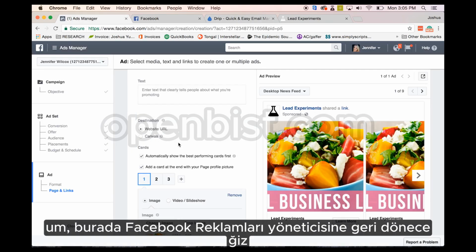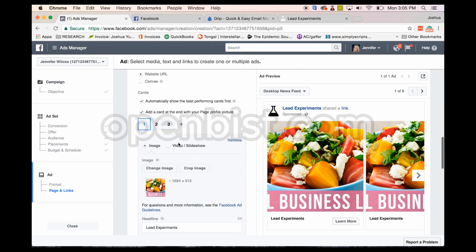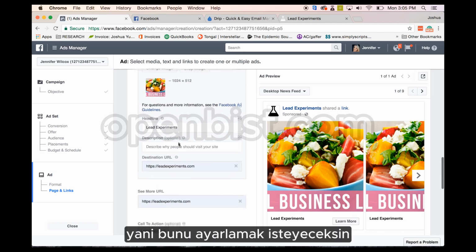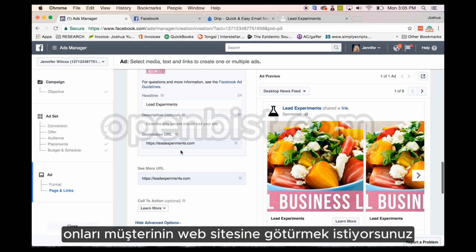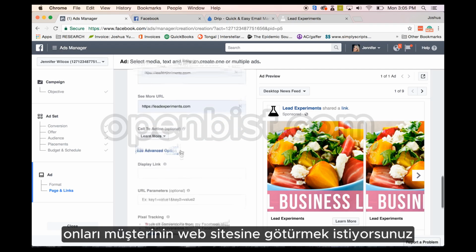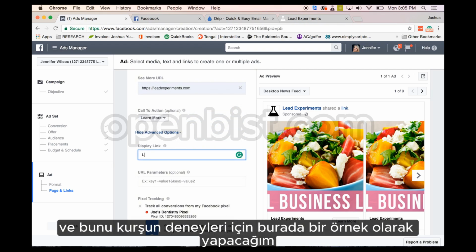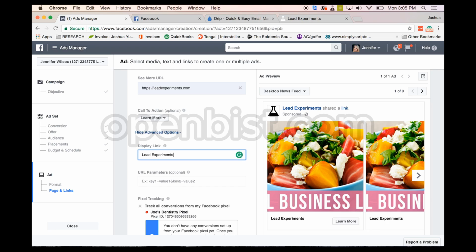So we'll go back to the Facebook Ads Manager here. So you're going to want to set this up. You'll want to drive them to the customer's website. And I'll just make this as an example here for Lead Experiments.